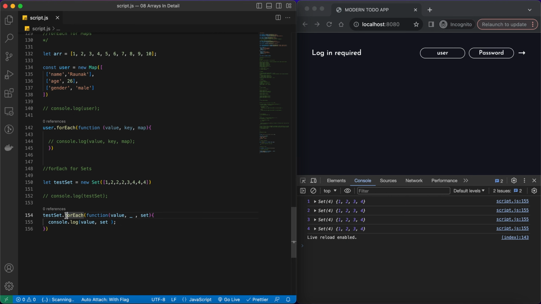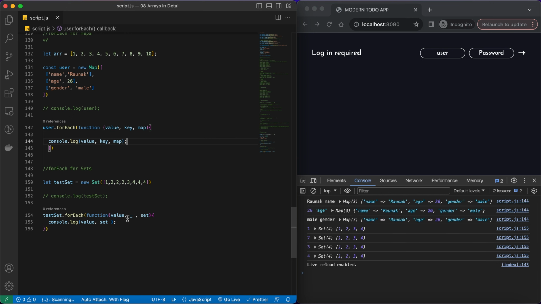So these are the use cases of the for each method for the sets and maps, and these are pretty straightforward, right? If you have understood the concept completely in the previous lecture, then obviously these are pretty straightforward for you, because here we are not doing anything. We are simply calling these for each methods along with the parameters which we are getting in each iteration. Okay. So this is it for this lecture,